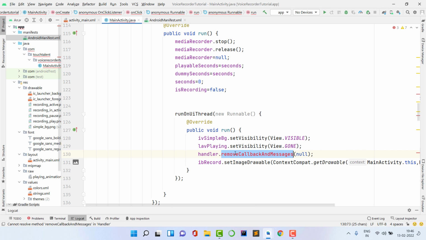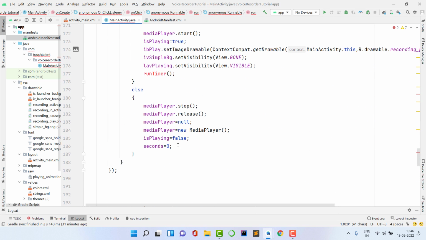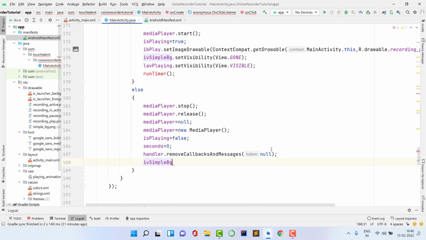So it is showing error. So why is it showing error? This is the exact method, remove callbacks and messages. So copy this and paste it here, in the simple background. And if you don't do this handler.removeCallbacks, it is going to create